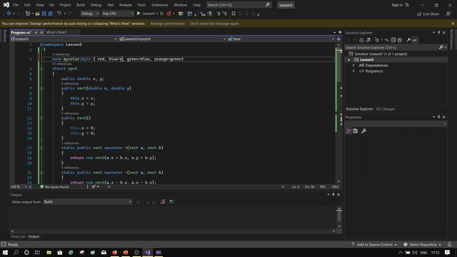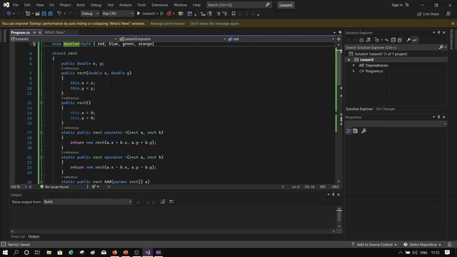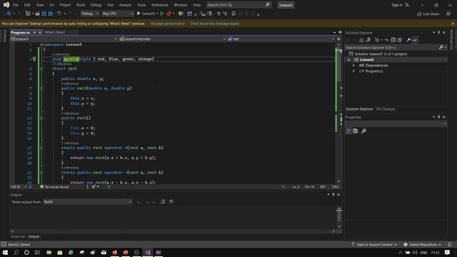So enumeration goes like that. Enumeration is just like a list, but a list is slightly different. We'll cover that later on, under array list. So this is enumeration. It's a type. Now there is another thing which is called a tuple, and a tuple is basically a list